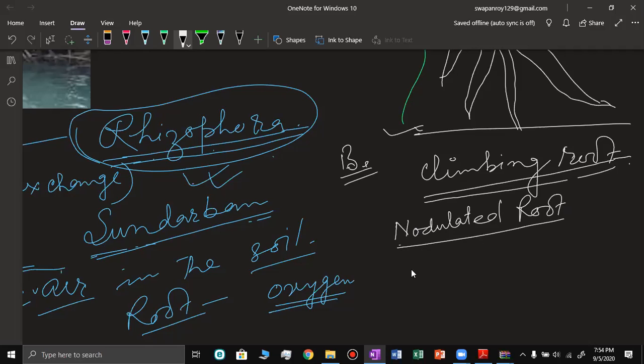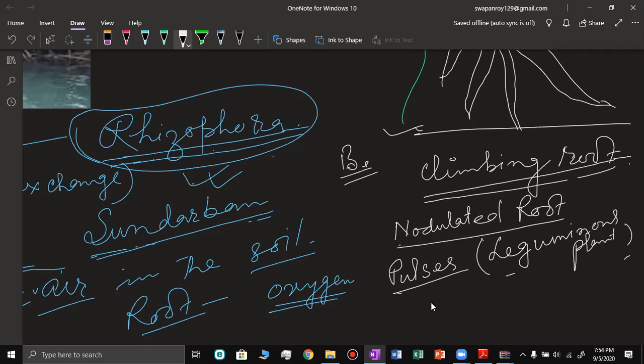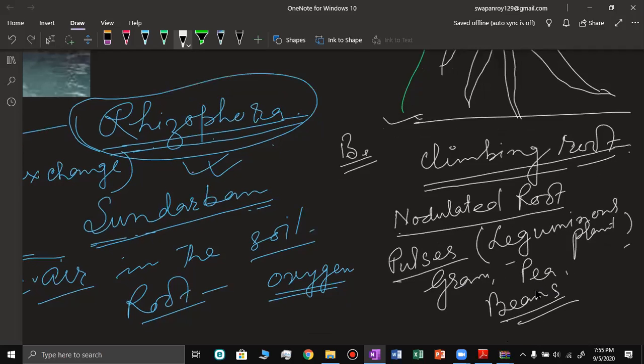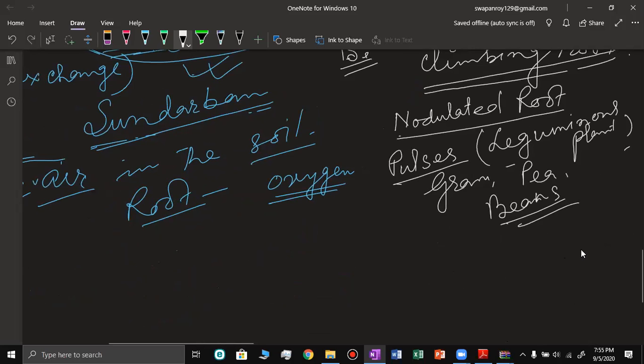This is found in all the pulses, or we call leguminous plants. These are the pulses, in case of gram, pea, beans, all sorts of beans. In their root there are very small, irregularly shaped potato-like structures